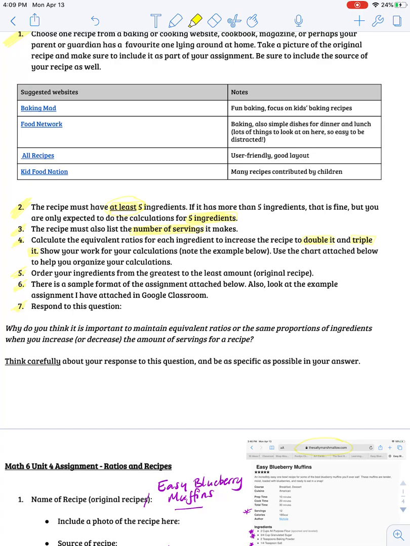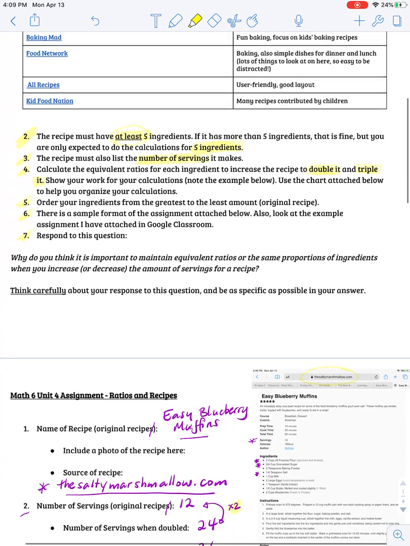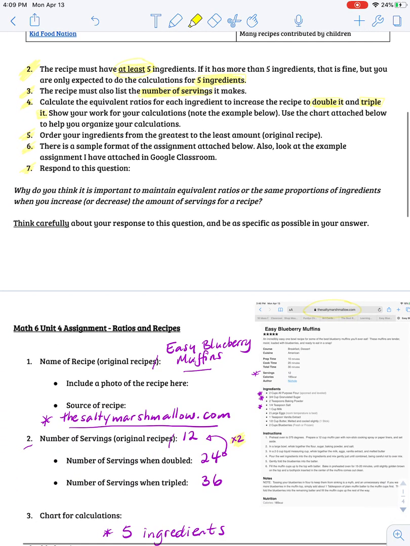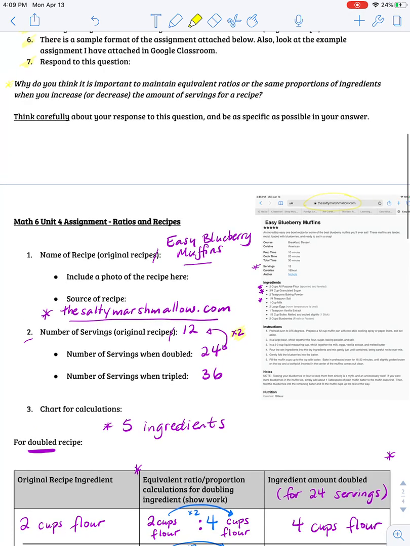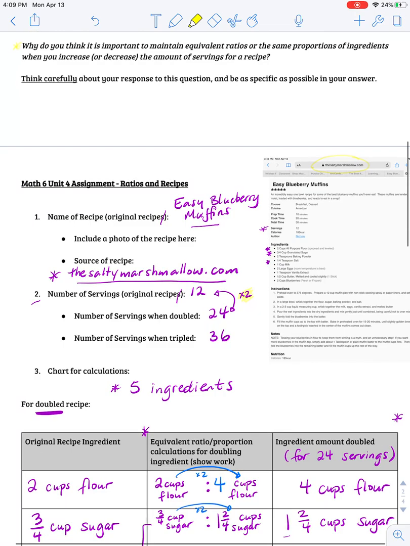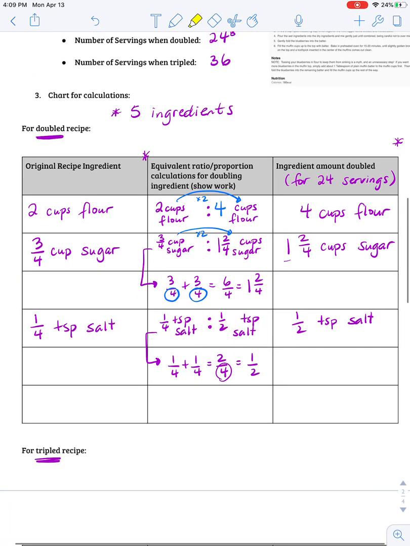Number 4, you're going to calculate the equivalent ratios to increase the recipe, to double it, and to triple it. You have to show your work, as noted in the example I went over with you. You have to order your ingredients from the greatest to the least amount, and then you have to respond to this question. I highly suggest that you look at the example assignment that I will attach. It's the same one as here in Google Classroom, just so you have a reference point as to what to look at. And that is it. If you have any questions, please feel free to email my